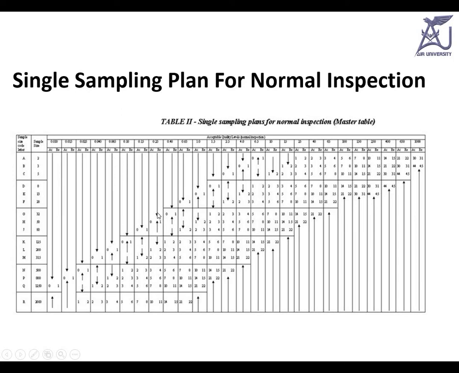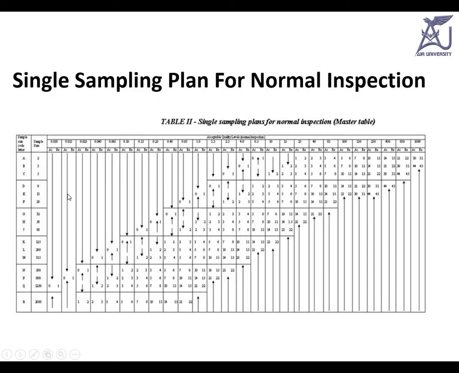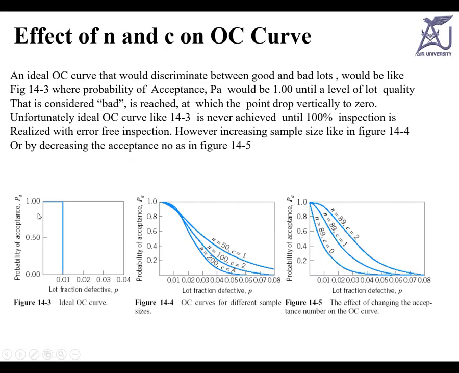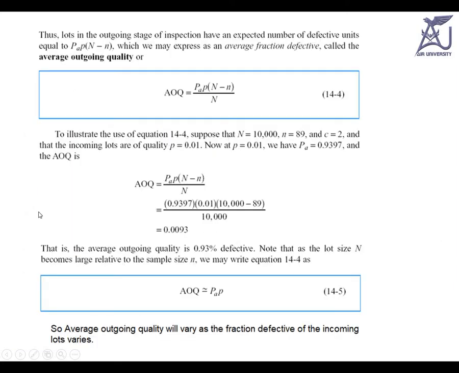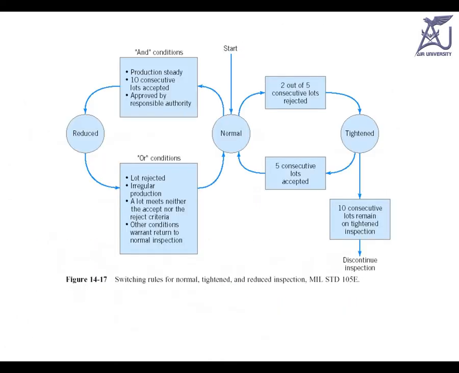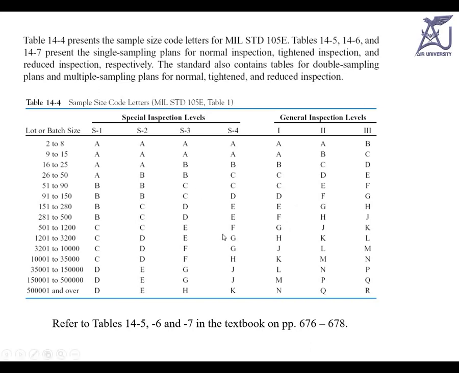First of all, we will look into some further table. For example, if I have this letter selected, I'll tell you how to select this letter later on. But these sample numbers are to be selected on the basis of these letters. And these letters are based on, I can just show over there, so maybe you can see how these letters are coming. I will just give you one example. Let me give you the criteria. Over here, look at this one now.